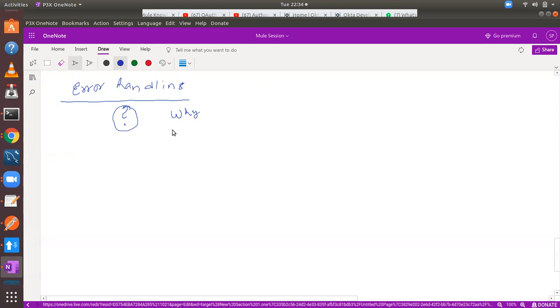And what happens if you don't configure error handling properly? When you're not handling errors, what is the disadvantage? What are the drawbacks of your application? You need to understand those clearly before implementing error handling.